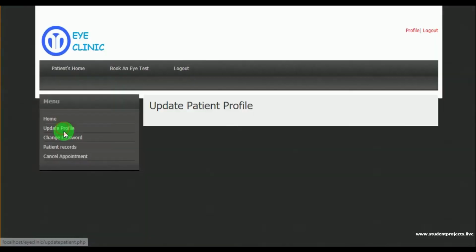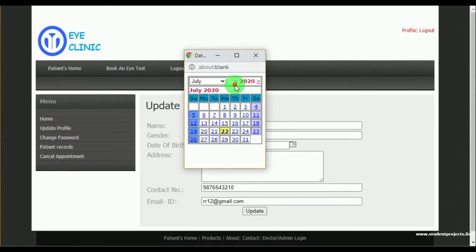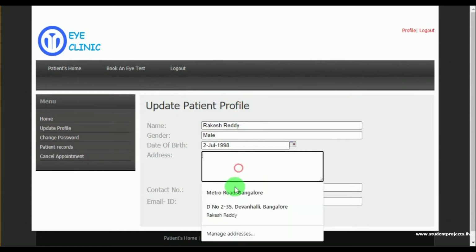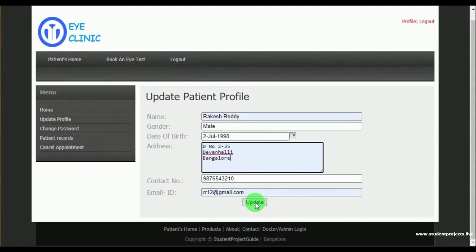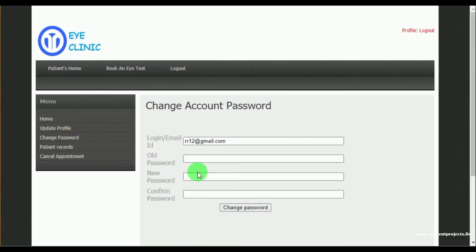Under update profile, patient can update their other details such as their date of birth and address. Under change password, patient can change their password details.